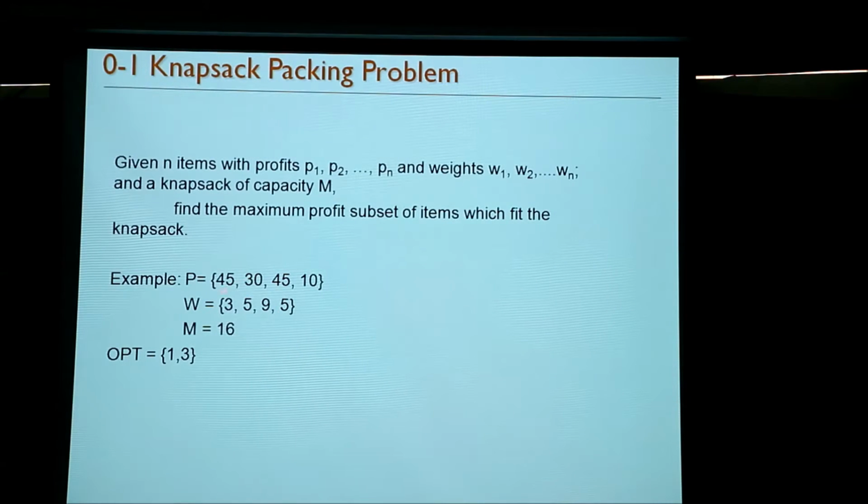So for example, if you have 4 elements which have profits 45, 30, 45, 10, and the weights are 3, 5, 9, 5, and your capacity is 16. One possible solution is you pick the first and the third elements. The weight of the first and third elements is 12, which is less than 16, and they have a profit of 45 plus 45, which is 90. Right? So the problem is clear.